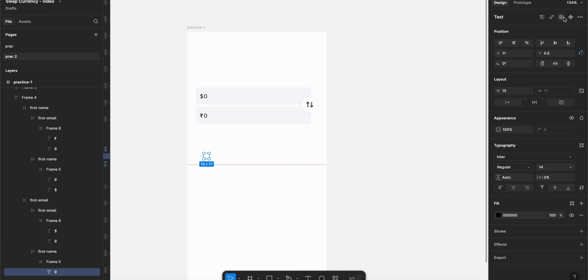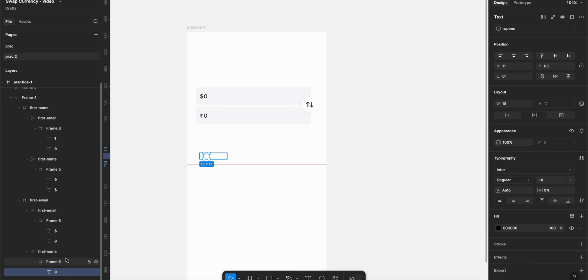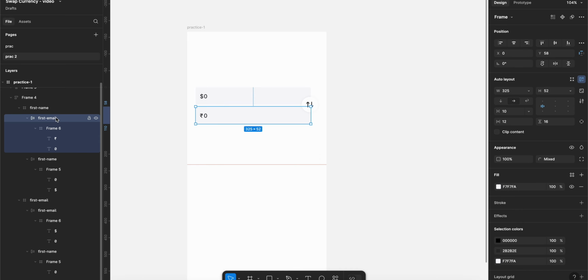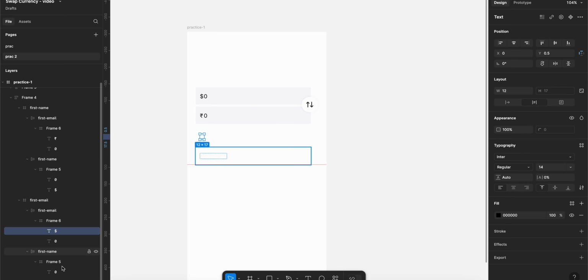So we will link it with the rupees. First is the email, which is storing the rupees, and second is the name, which is storing dollar. Similarly, the email is storing dollar and the name is storing